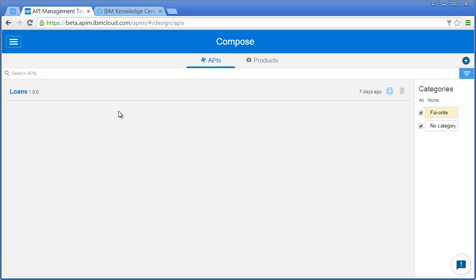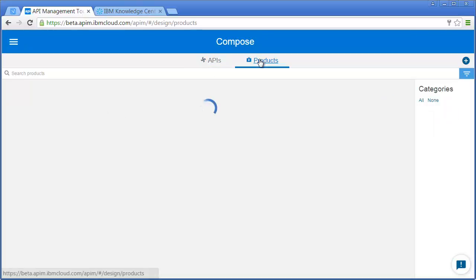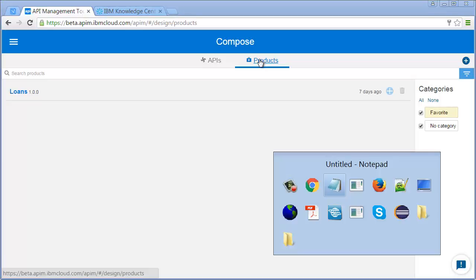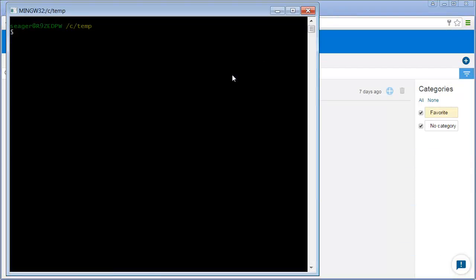So here in our API manager, we can see we've got existing the loans API and loans product. So what we're going to do now is use the toolkit to create an API and a product. So we can do this with the API create